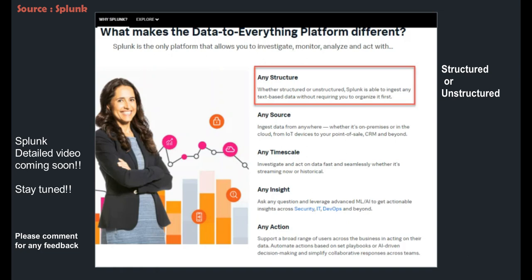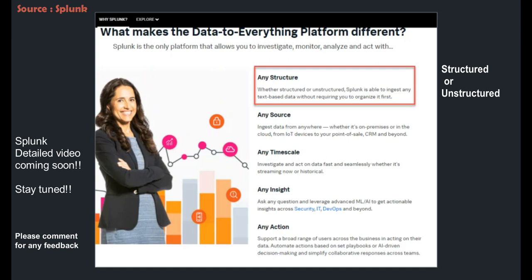Structured data can be the data from RDBMS databases, CSV files, Excel sheets, or any data that is pretty much structured and which can be understandable by anyone. Unstructured data can be the logs or a stream of logs coming from different sources.